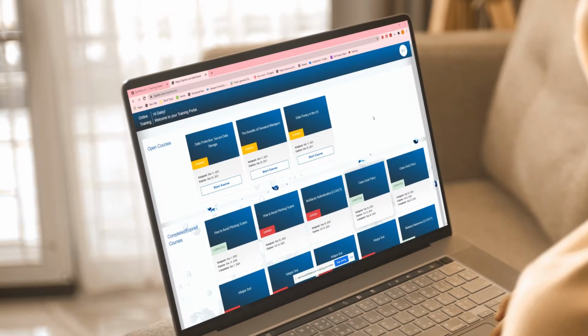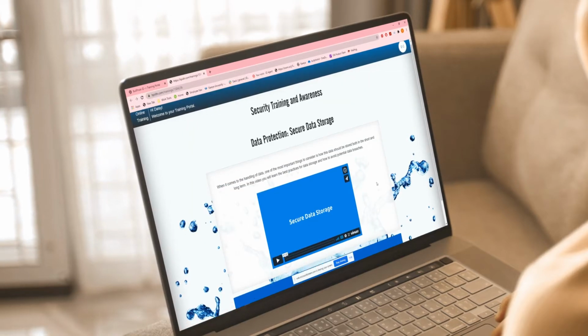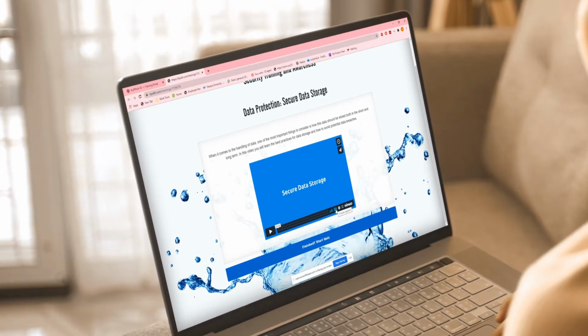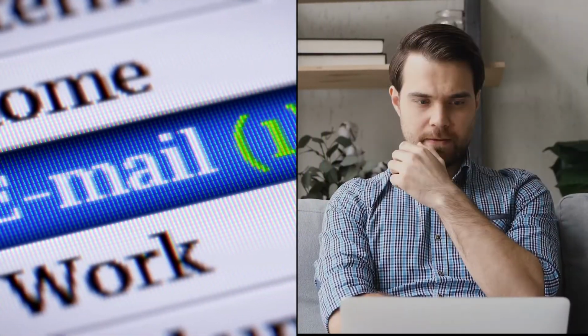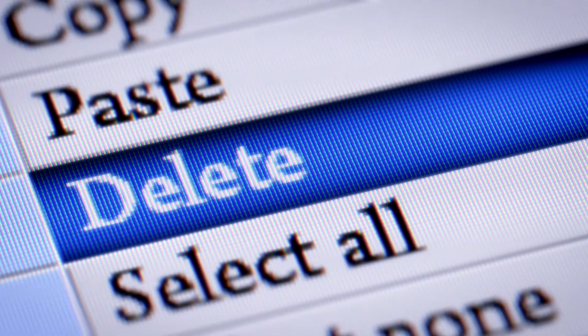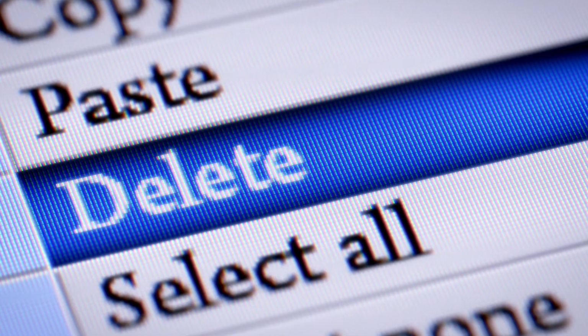All of this functionality flows seamlessly through an intuitive campaign dashboard and a personalized, user-friendly training portal that makes training painless for everyone. Transform your employees from your biggest security risk into your biggest security asset, and stamp out phishing